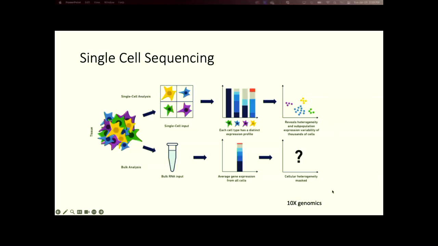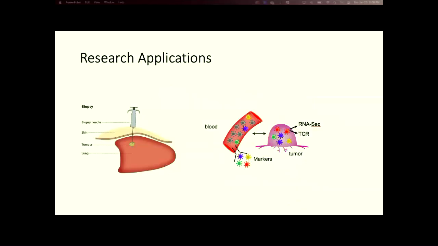So why is single cell sequencing useful? Would anyone like to take a guess? So if we're looking at a disease, say cancer, there's a lot of different cell types all mixed together in tissue. We can have immune cells, we can have healthy normal cells, we can have tumor cells, and it's really useful to distinguish them. So an application where my research group has used single cell RNA-seq